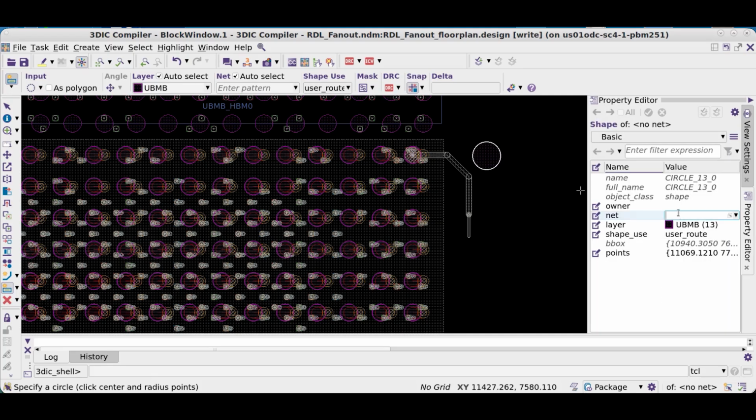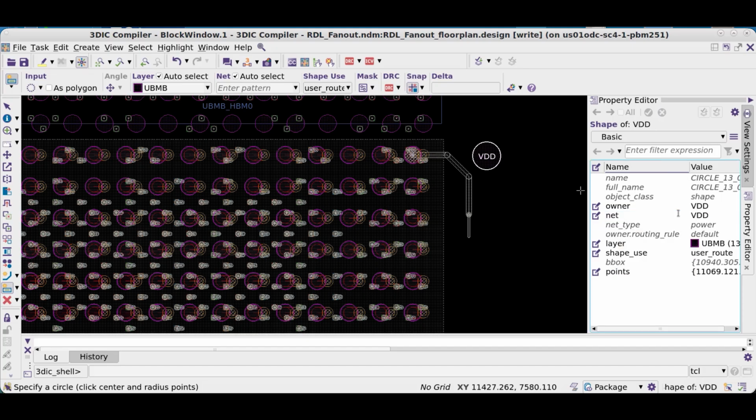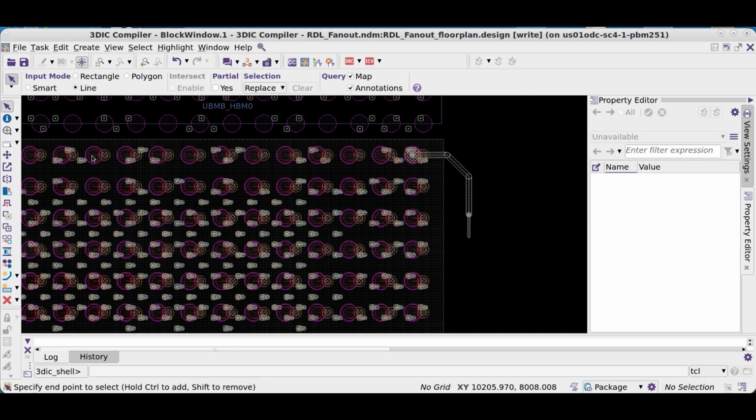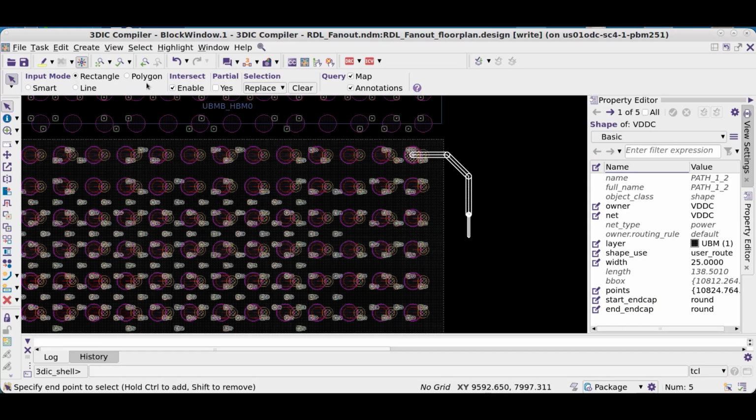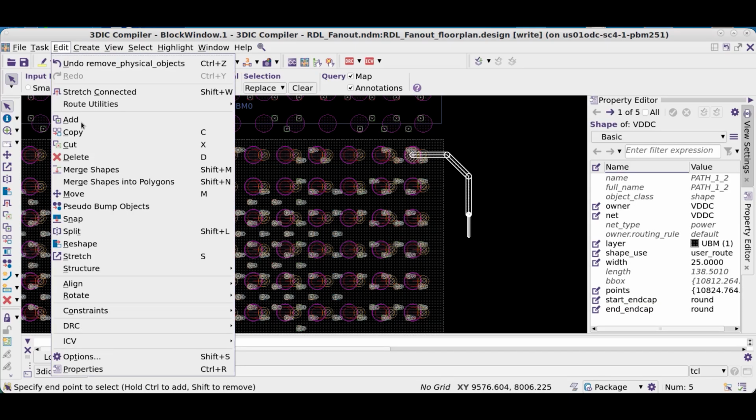The property editor lets us easily view and change the properties of the shape and assign net attributes, such as the name. In this case, we assign the circular shape to the VDD net. And we will delete our example test routing.